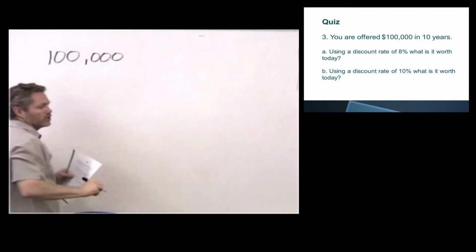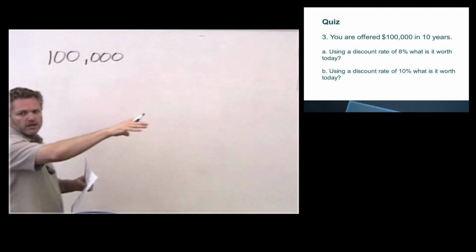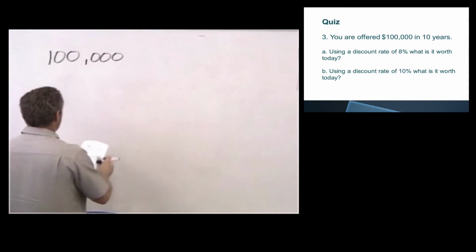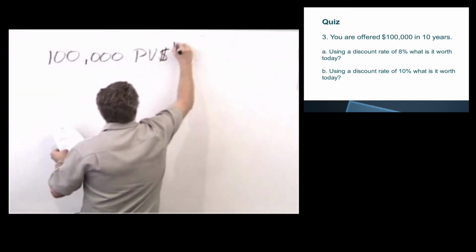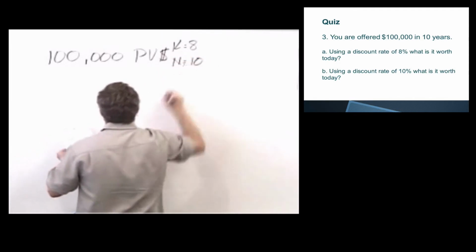I want to know what it's worth today. It's one payment coming to me in 10 years. So we're going to be coming back present value of $1. So present value of $1, K equals 8, N equals 10,